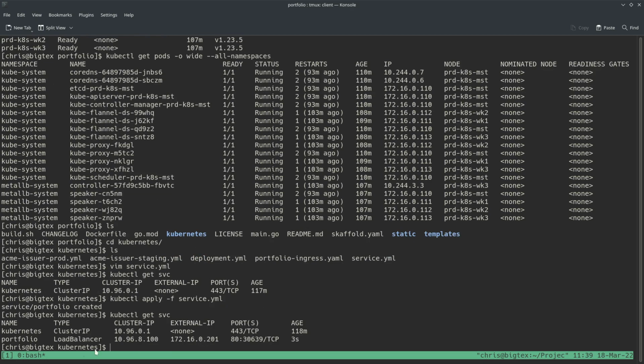We have a nice external IP because it's our load balancer. Cluster IP, we see it's listening on port 80 because as in the manifest, it was port 80 to port 5000. It's got the name up there, so pretty fast, pretty responsive, and at a glance, you kind of know exactly what it's doing. And if we delete this,